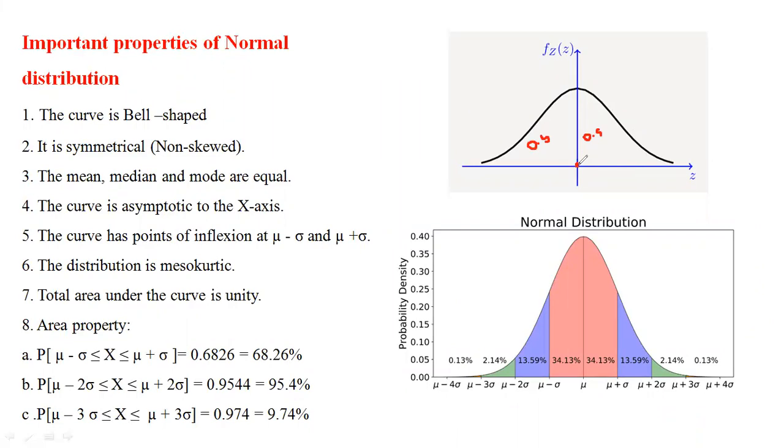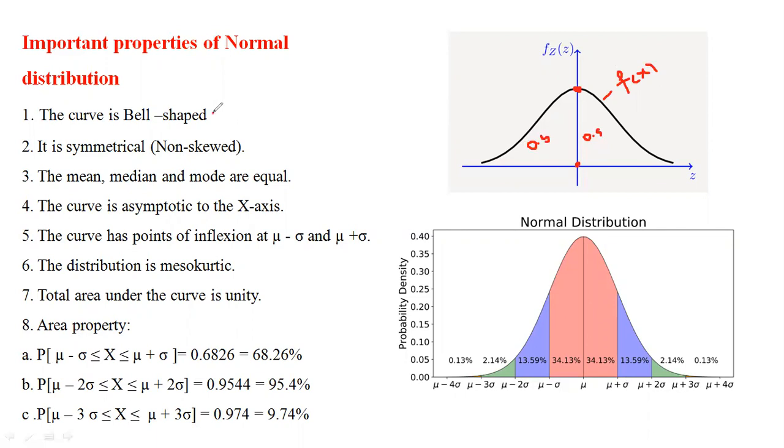And mode is nothing but the point which gives the maximum value at point x. So at this point x, the function is giving the maximum value. So here the function f of x is maximum. This curve represents the probability density curve, which is f of x. Given in terms of z, you can take it as f of x also. So f of x is giving the maximum value here, at the point where x is equal to this. If you see this, the mean, median, and mode, all three measures are the same. When these three measures are the same, then we say the distribution is called normal distribution.